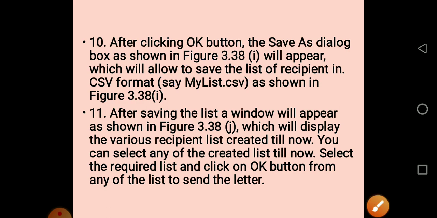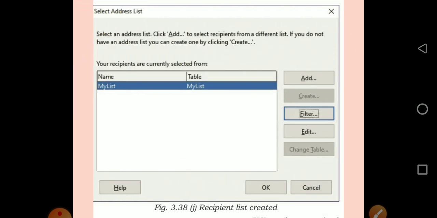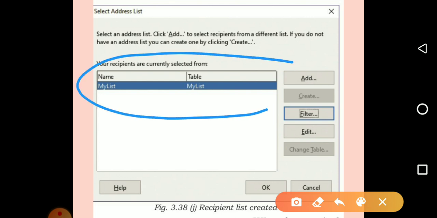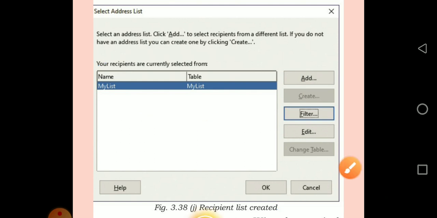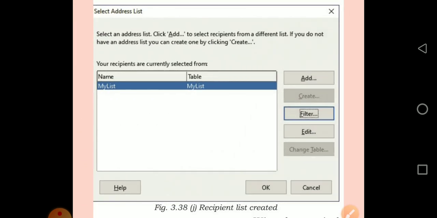After saving the list, a window will appear as shown in figure 3.38j. Now see 3.38j, this window will appear. It means that you have saved your addresses as a data source. After clicking on this OK button even,